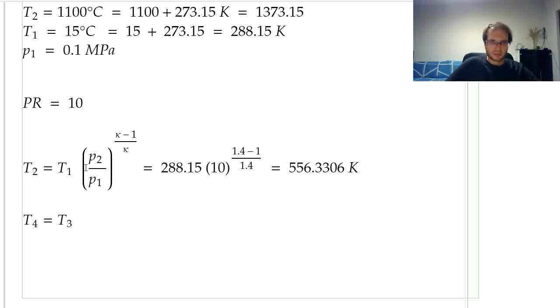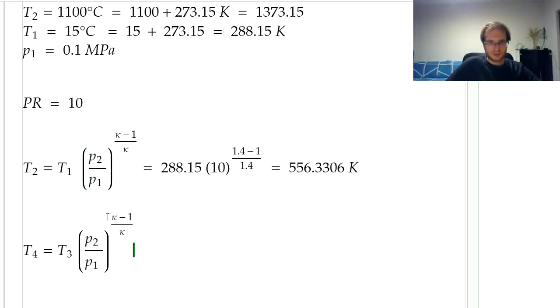So now T4 is T3 multiplied by pressure 4 over pressure 3 to the kappa minus 1 over kappa. Now the pressure 4 over pressure 3 is 1 over the pressure ratio, like this,